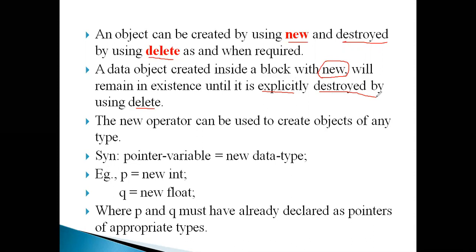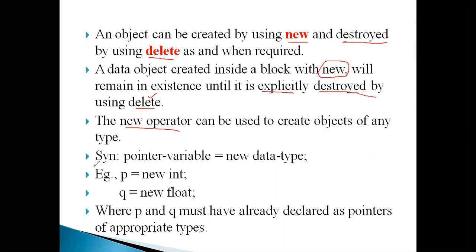So for the creation of the memory we have to use the new operator, and the memory will be reserved and created for the object and will exist continuously, whether we are using it or not. It is immaterial, but the memory will be reserved in the name of the object unless we explicitly delete, destroy or free the memory by means of the delete operator. Now we will discuss how we work with the new operator, in which manner we have to create the memory by means of the new operator.